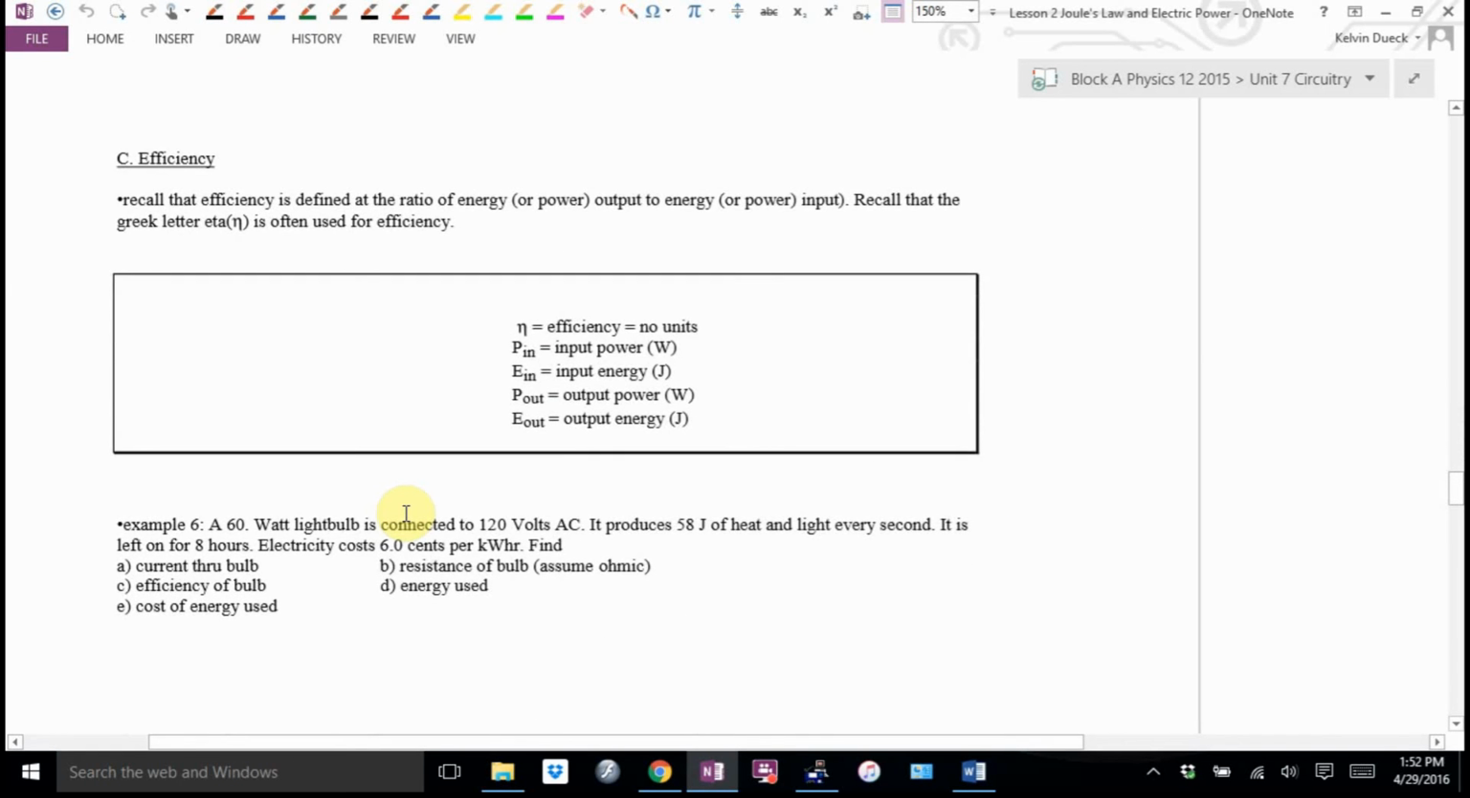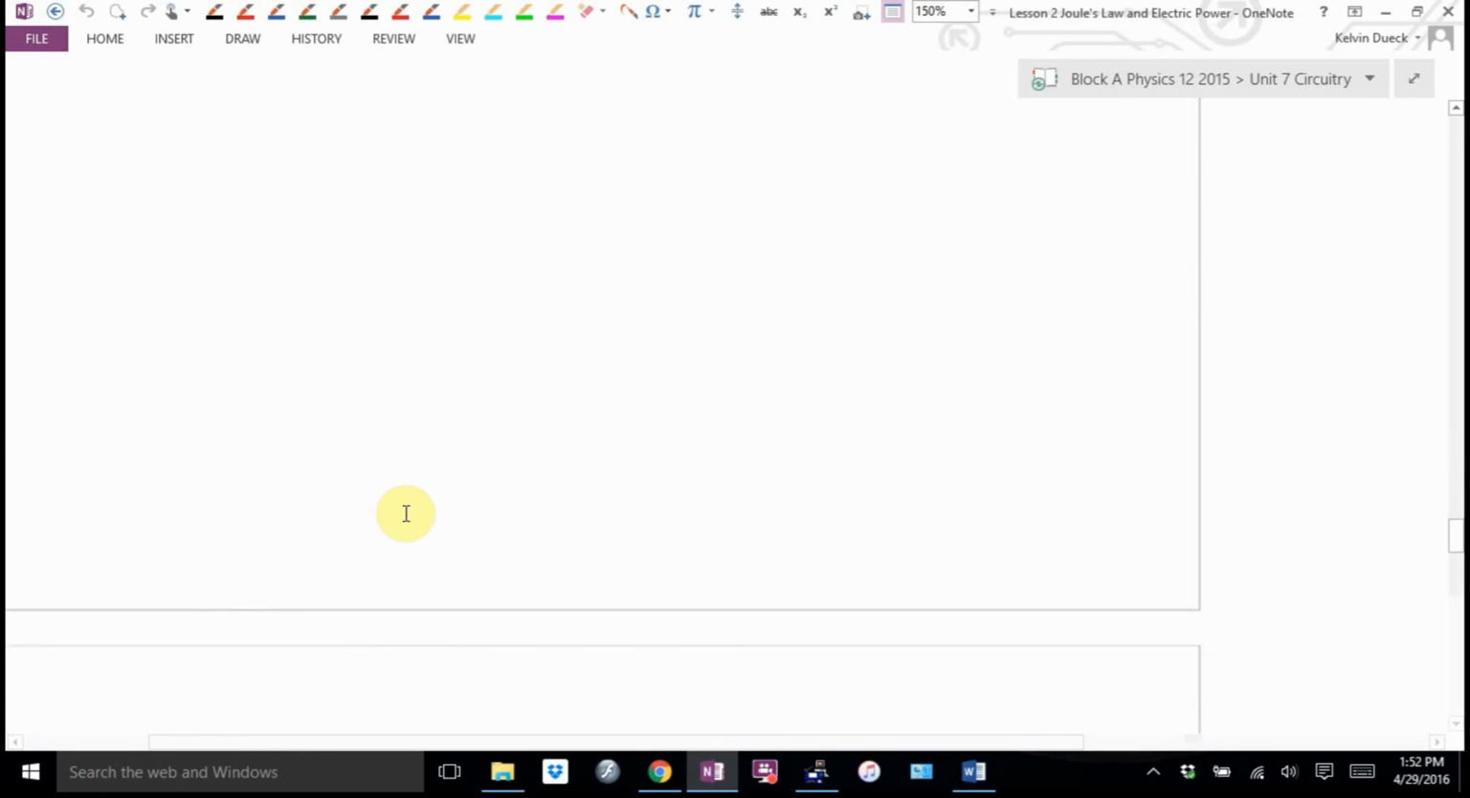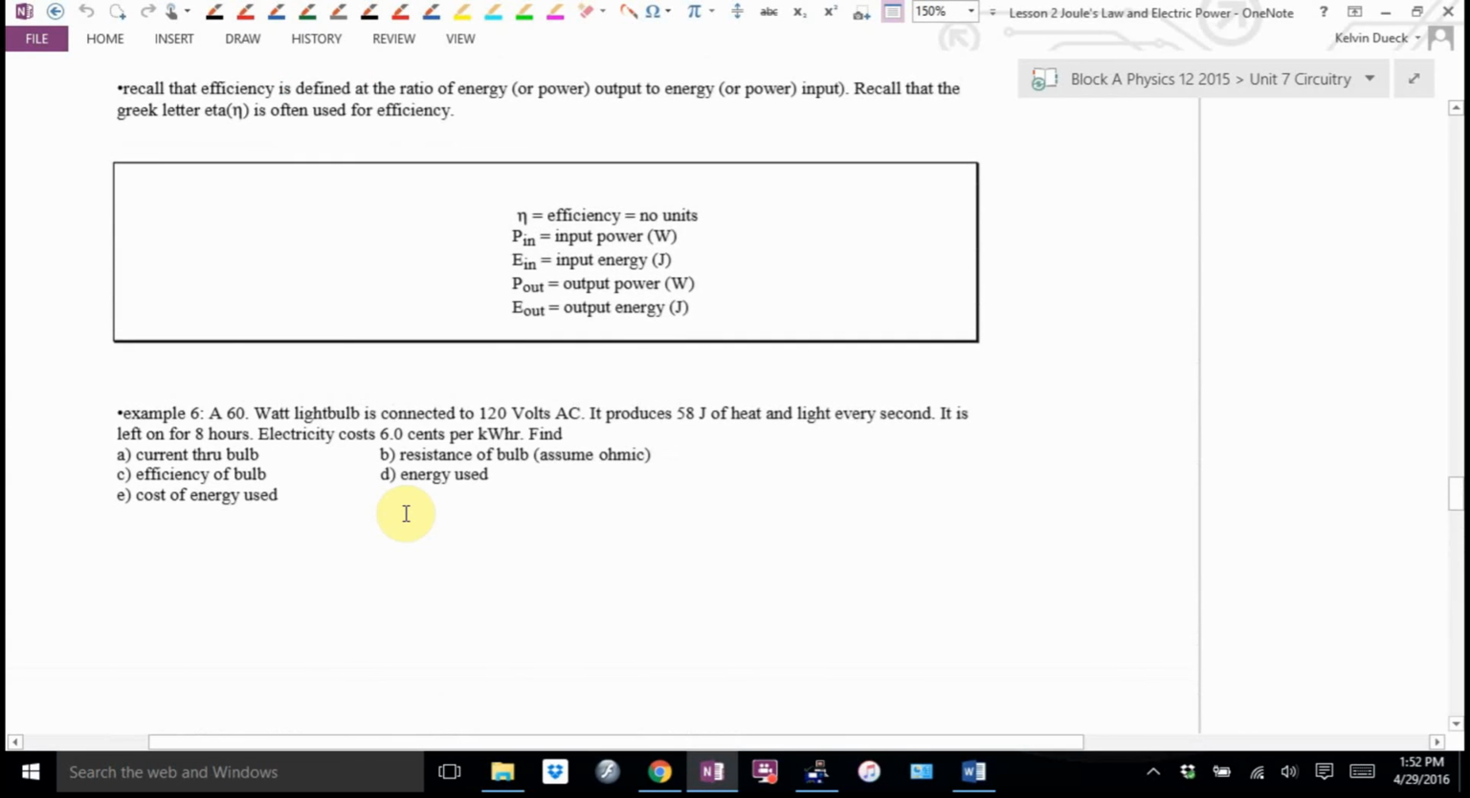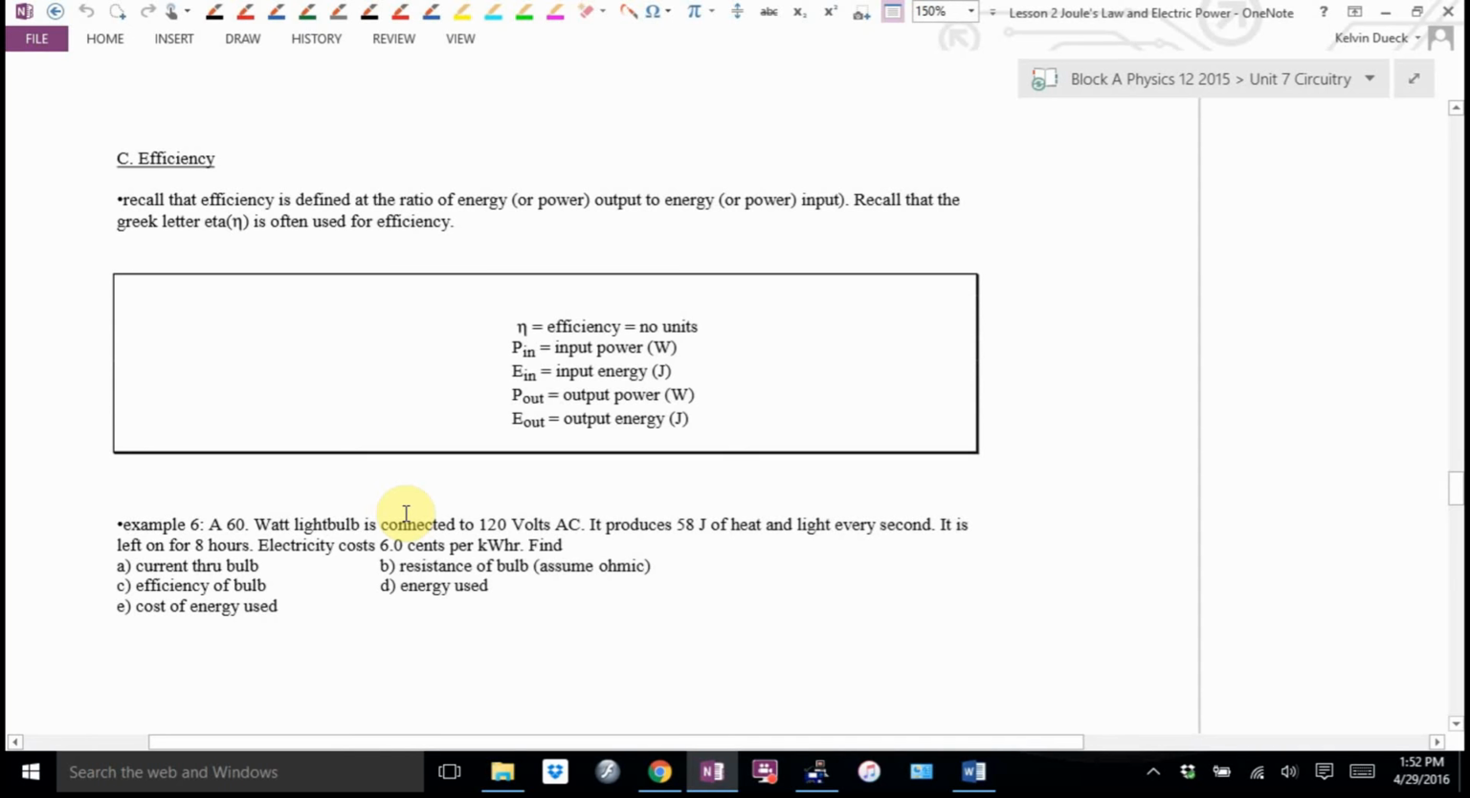Efficiency. Efficiency, short lesson, we're done. Recall that efficiency is defined as the ratio of power output or energy output to power input. I wrote it this way: efficiency is power out over power in, or